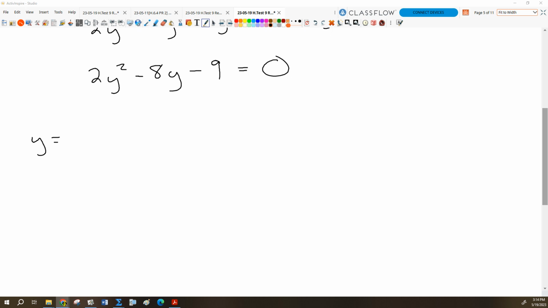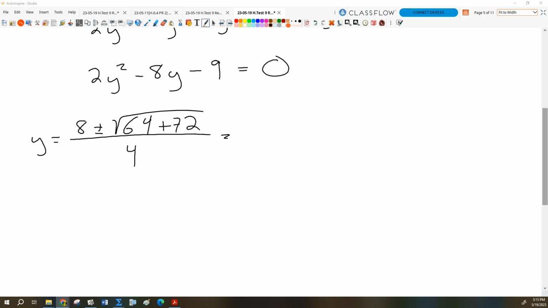What's that going to give us? If we do quadratic formula, y equals 8 plus or minus the square root of 64 minus 4 times 2 times negative 9. What's that? I'm subtracting negative 72, so I add 72, all divided by 4. Okay, so what's that give us then? Inside here, we're going to get 64 and 72 is